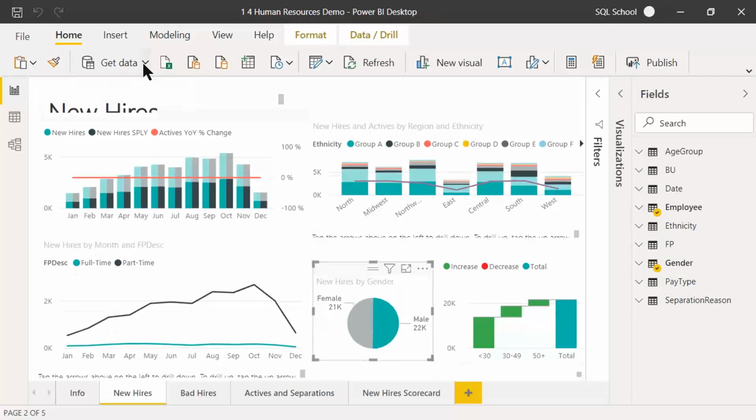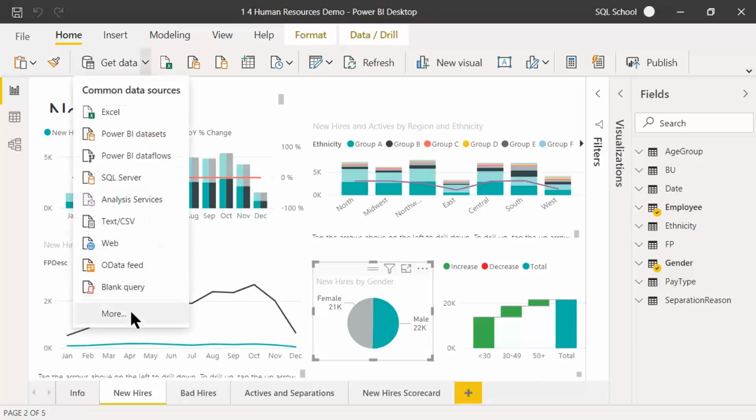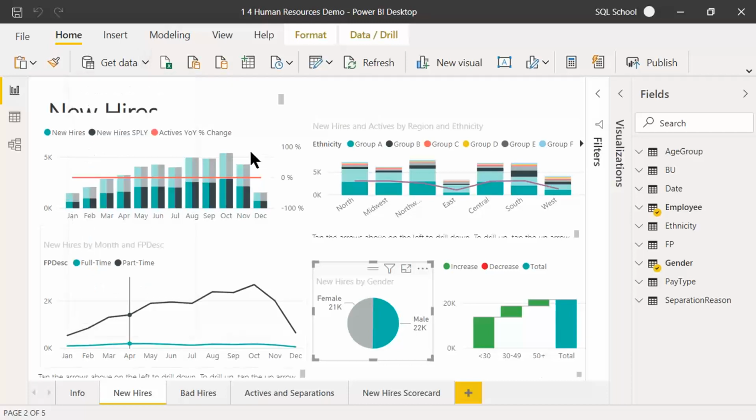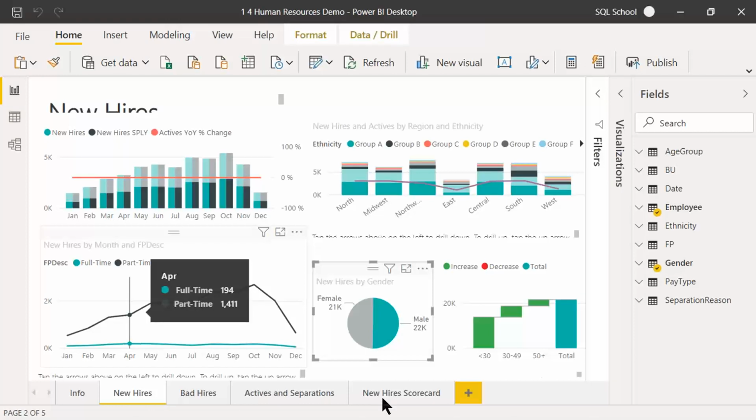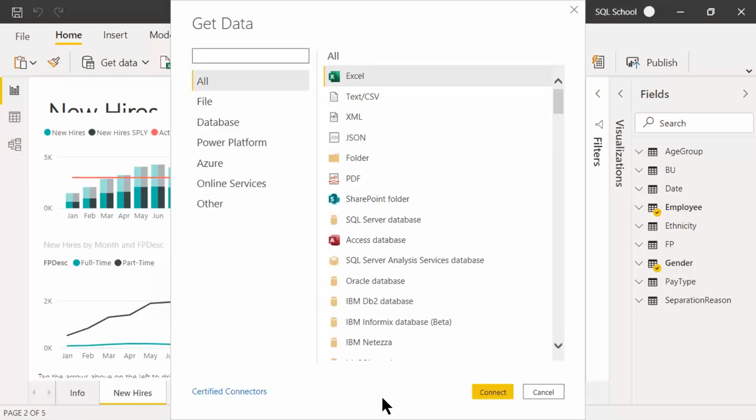Let me show you in this way. Similar to regular Excel, here also we have the get data option, and similar to Excel, here we have multiple sheets, and many controls that we see here are from Excel, but a lot of logic is involved in every aspect.